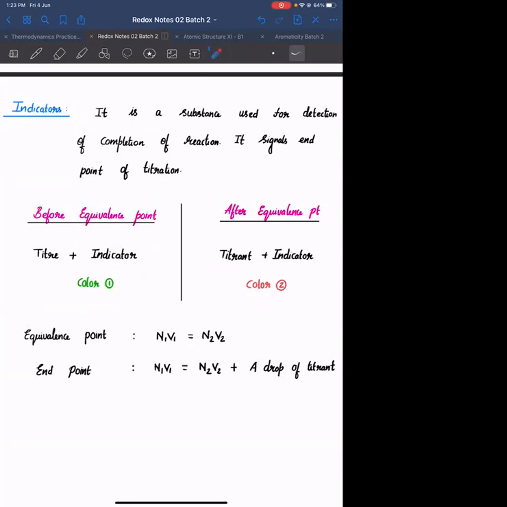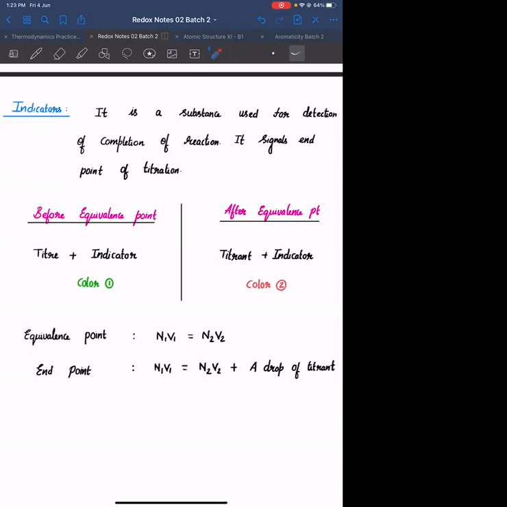So in a way, what you are doing is putting in slightly more than what is required for the titration. But that much amount won't be affecting our calculation. It won't have that much significance. The amount of titrant equivalents in that drop will be very, very less, right? So there will be some error in our calculation.